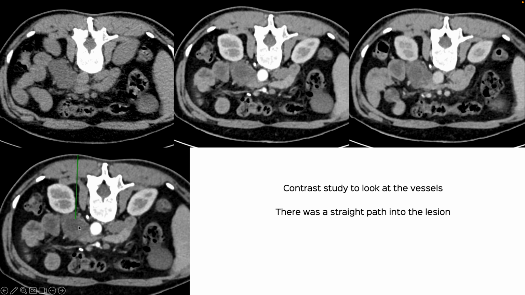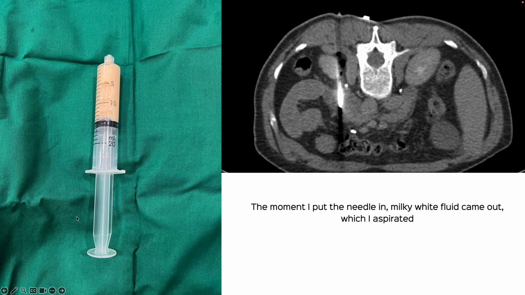And there was a straight path into the lesion, bypassing the vessels next to the kidney, and I did that using an 18 gauge barred gun, and I used a blunt tip to navigate this. So I used a sharp tip up to here and then the blunt tip up to here. And then once I was inside, the milky white fluid was just flowing freely out, and I eventually aspirated about